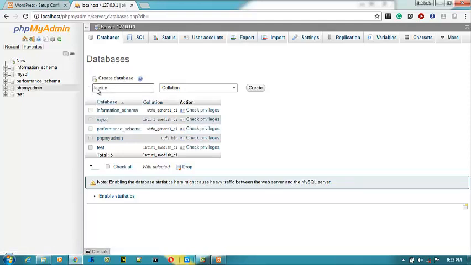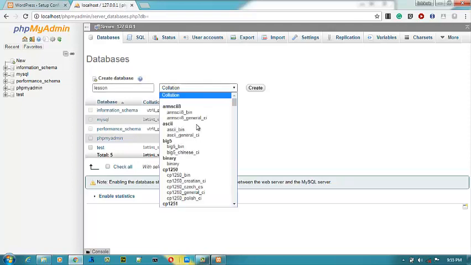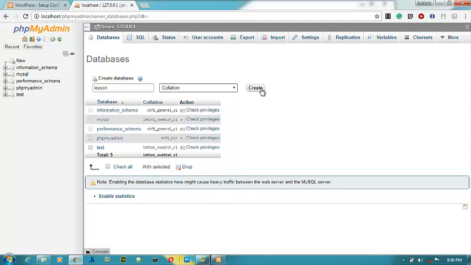You just have to type in anything, but just make sure you remember whatever you are typing in. Okay, we are going to leave this on default for now, although there are so many other options included there which you can change, if you are a pro in MySQL collation, but we are just going to make use of the default for now. Now click on create,